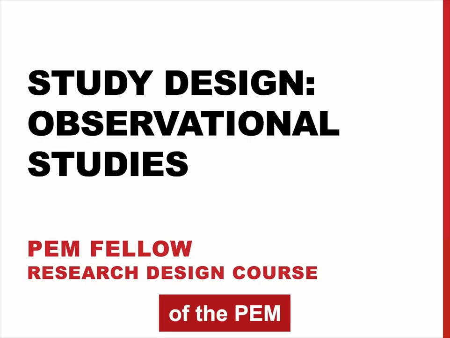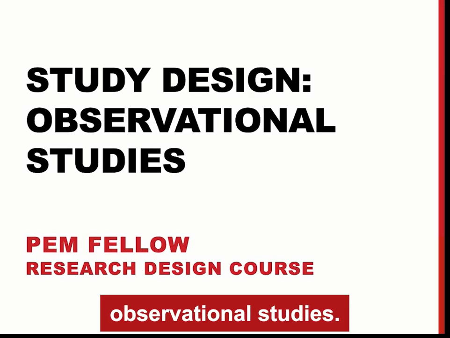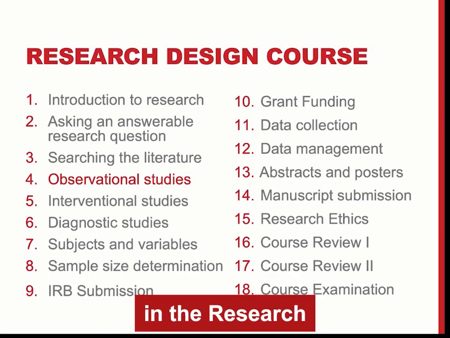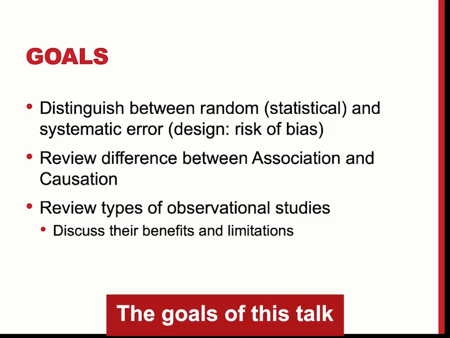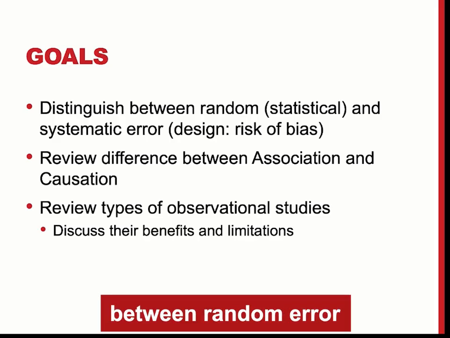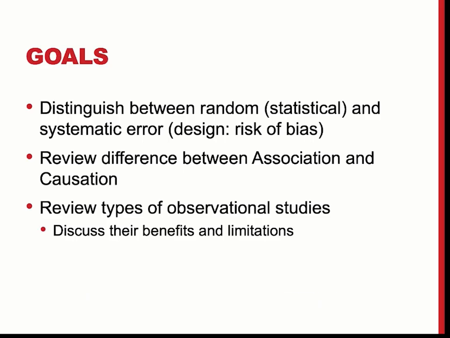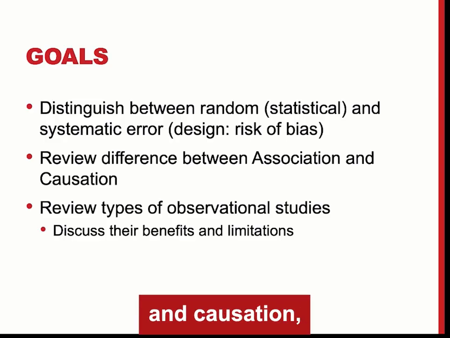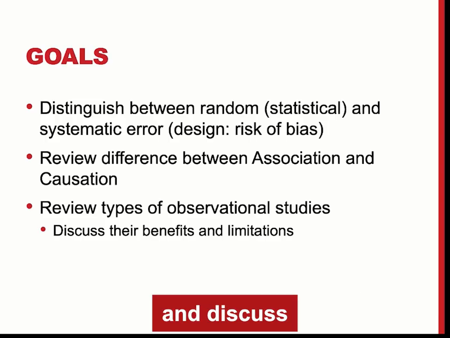In this session of the PEM Fellow Research Design course, we will discuss how to design observational studies. This is the fourth topic in the research design course. The goals of this talk are to distinguish between random error, that is statistical in nature, and systematic error due to biases in study design. To review the differences between statistical association and causation, and review the types of observational studies and discuss their benefits